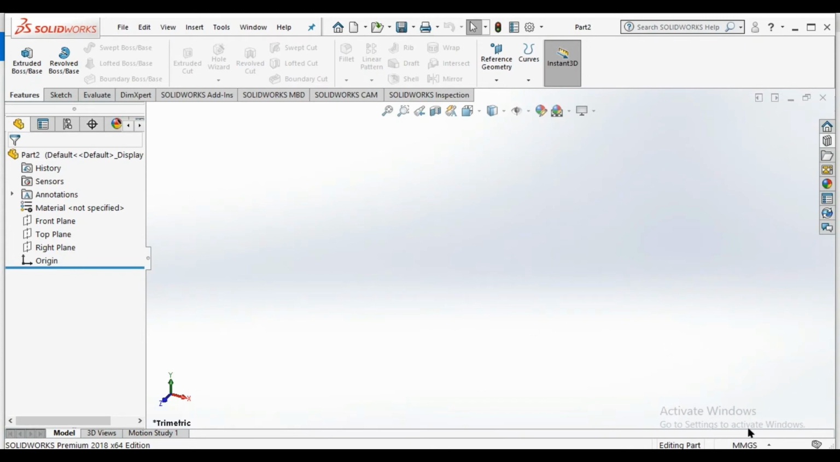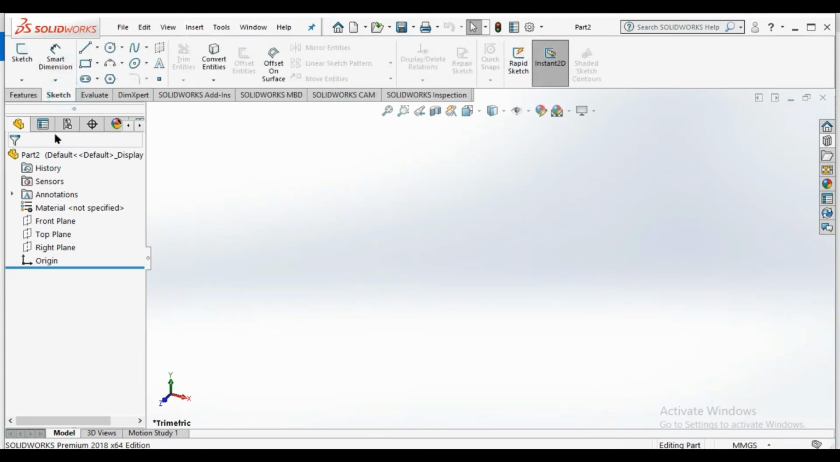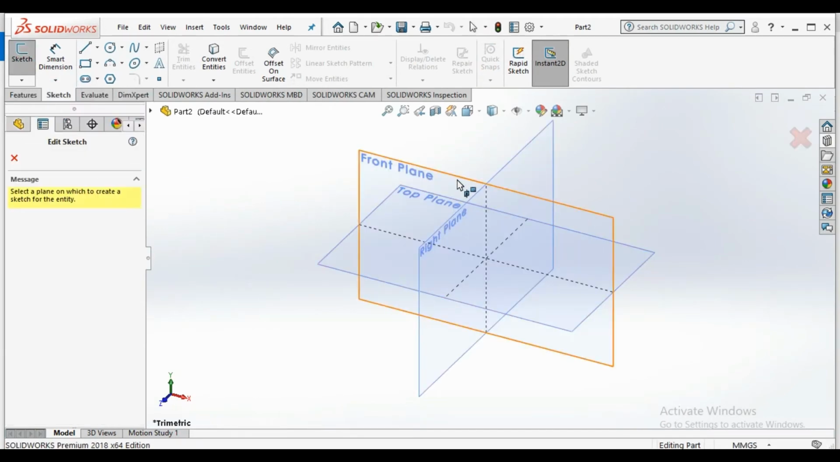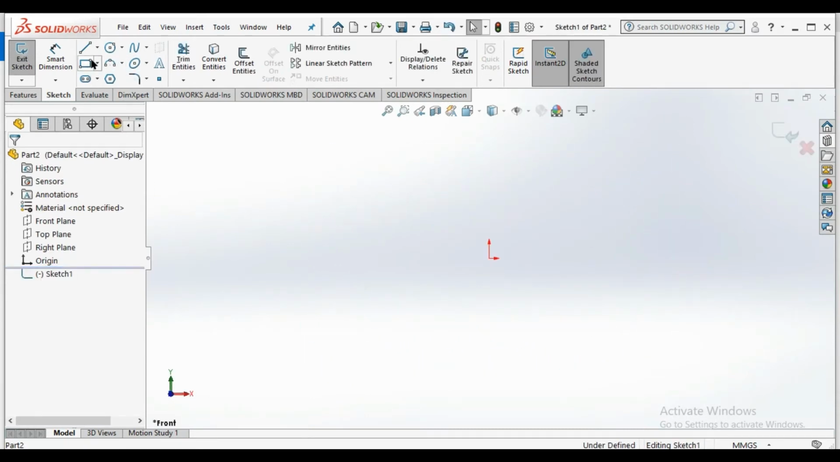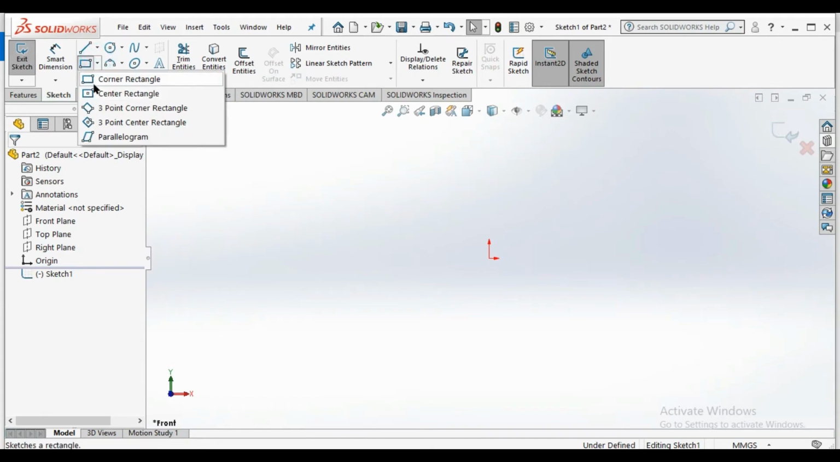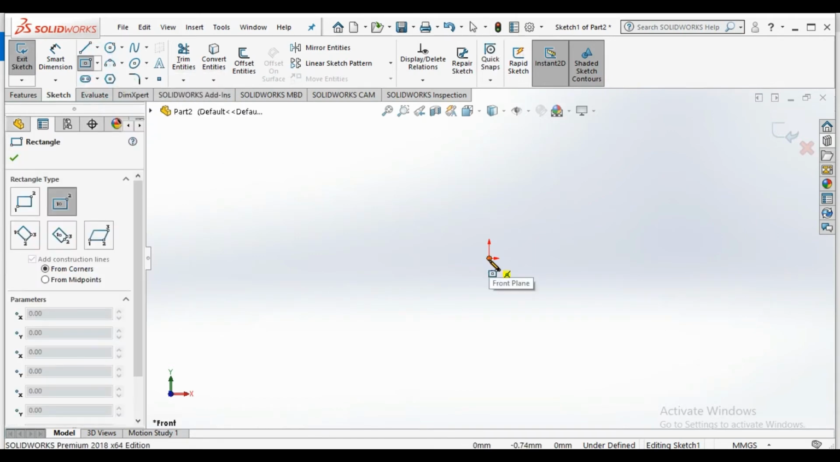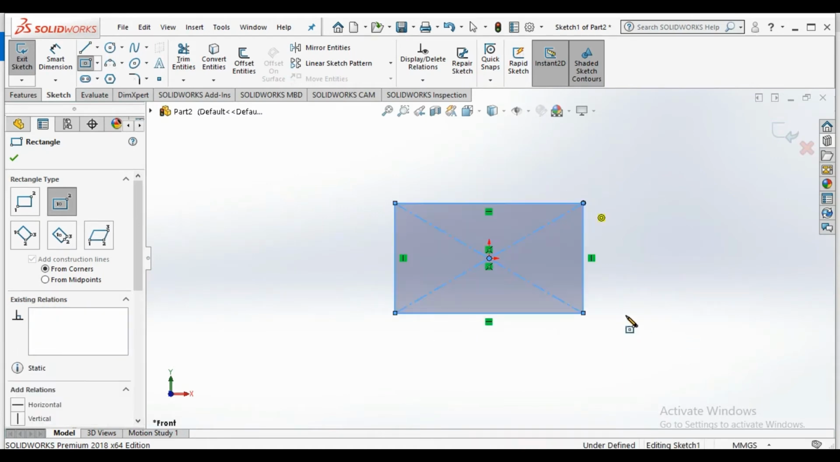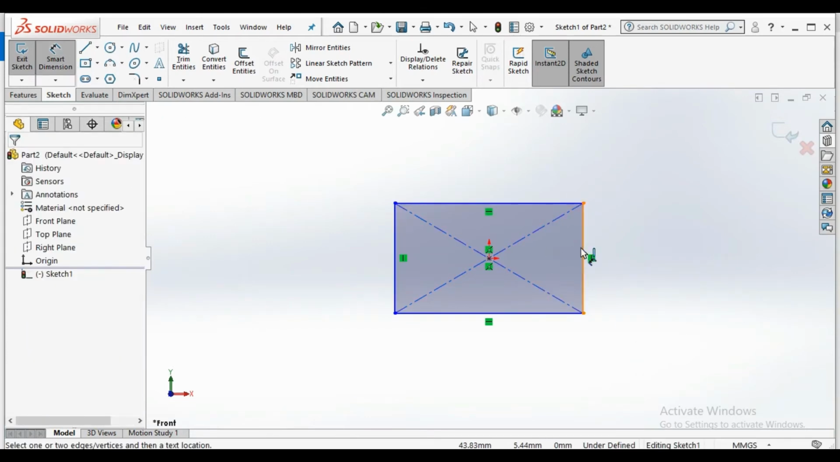First of all we have to see the units. Units are the same, mmgs. Sometimes it changes, so we have to take a look at the units. So again we have to click on sketch. They will ask for a plane, front plane. After that we have to use a rectangle, whichever you want. Let me choose center rectangle this time, because we want to make a lid, so we have to give dimensions